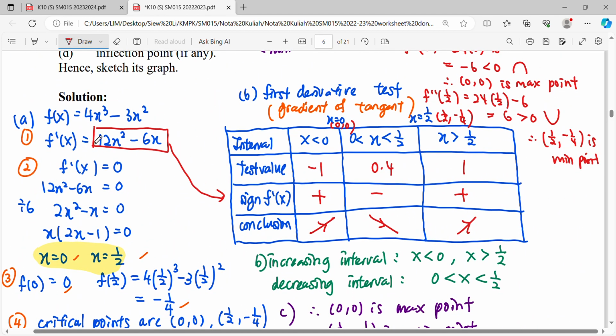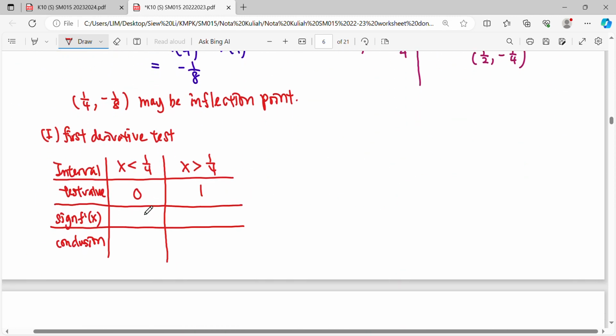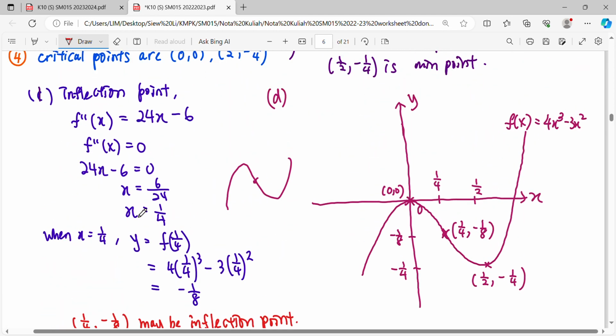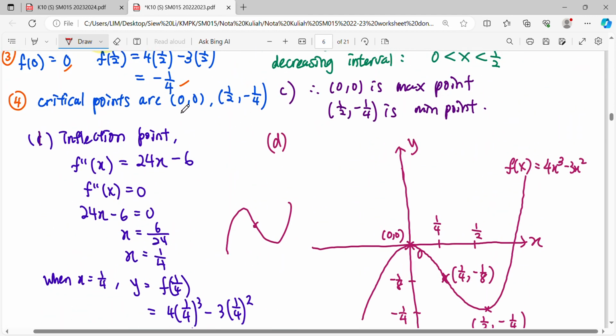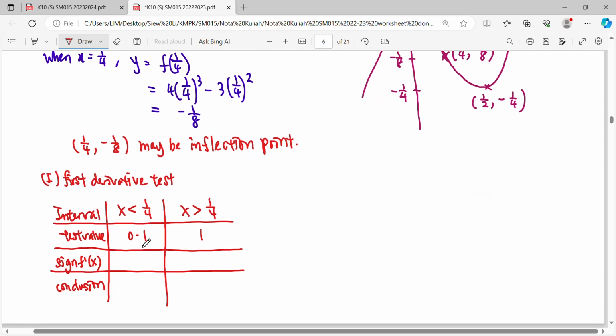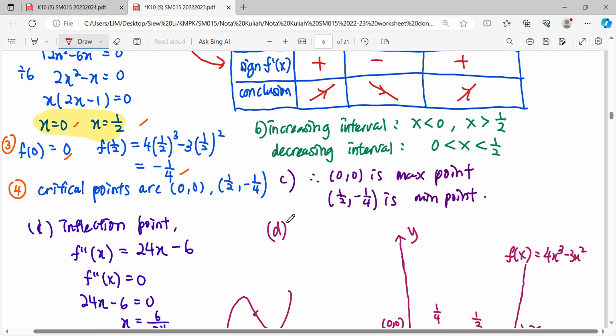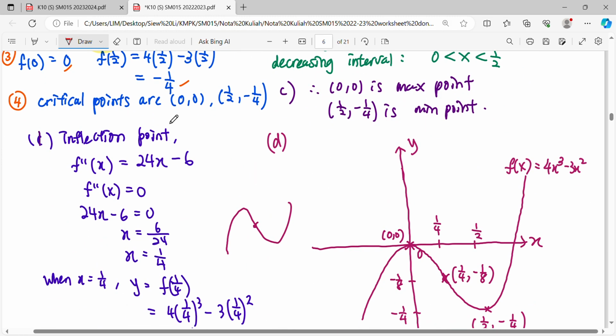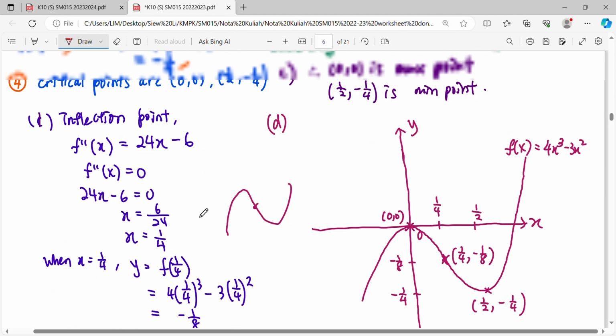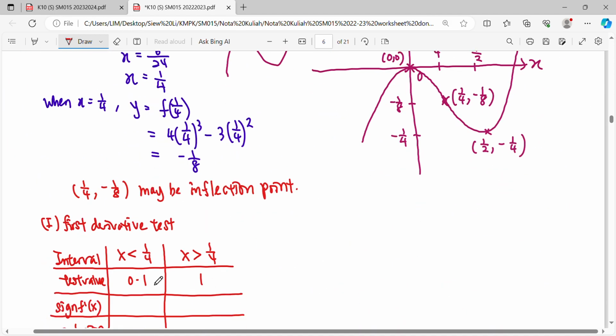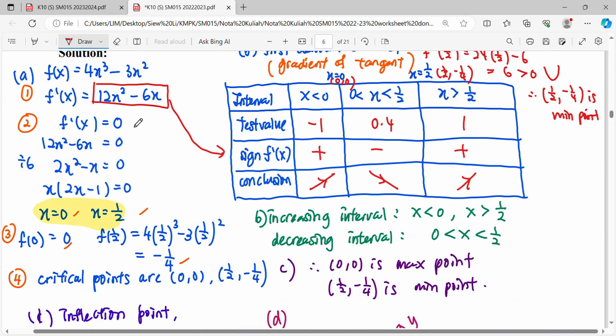When I put in 0, the first derivative is also 0. So we can't use that value to make a conclusion. We have to be careful, because 0 is a critical point, so a test value of 0 doesn't show us any result. So less than 1 over 4, but not less than 0, we take 0.1. Substituting 0.1 into the first derivative, it gives us